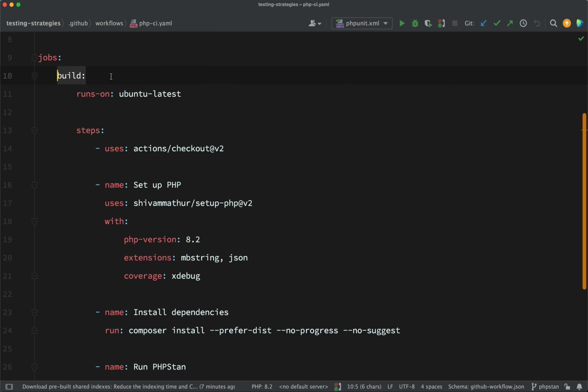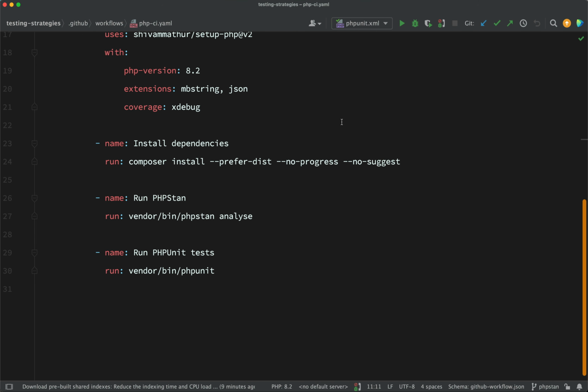Steps, and this defines the steps that will be executed in the job. So actions/checkout v2 checks out your repository. This shivammathur/setup-php v2 sets up a PHP environment. So you'll see that on PHP GitHub action files, it's quite commonly used. And then next we're going to install dependencies. So first we run composer install to install PHP dependencies, and then we're going to run our tests. And so the order that I've done the tests in, and this is my recommended order, is to run your static analysis test first. So we're going to run PHPStan,